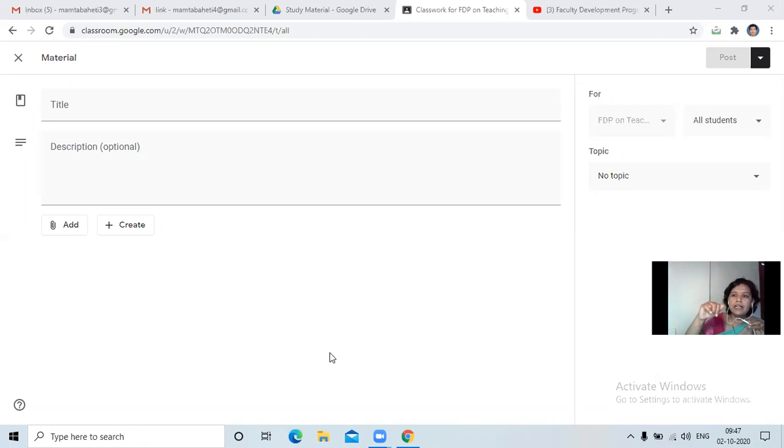And Google Classroom is a good platform to manage things where we want every piece of data to be kept in the proper place. Okay, sir. Now we will see.